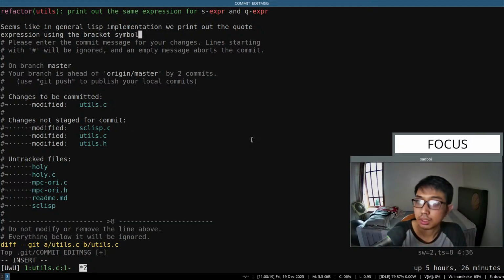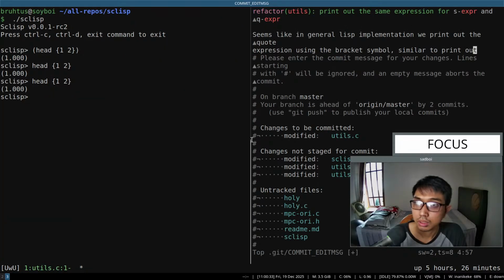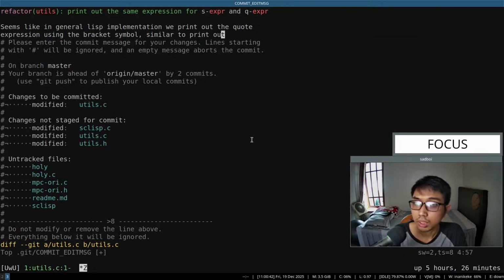Using the bracket symbol. So similar to, not the print out, I guess, similar to how we use